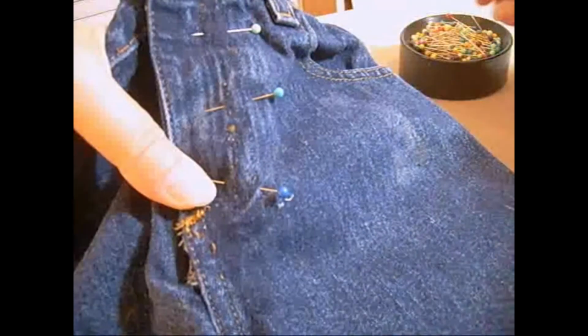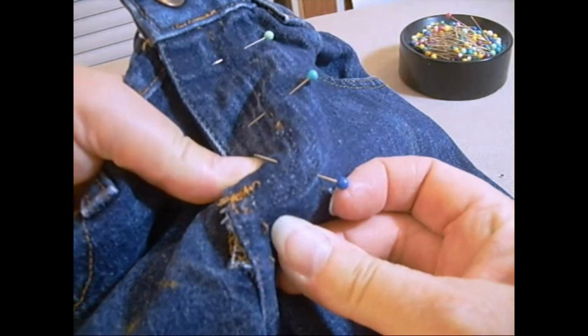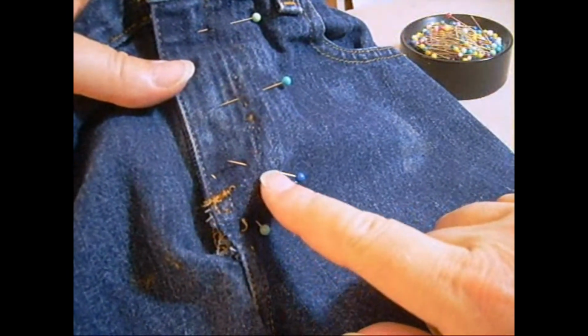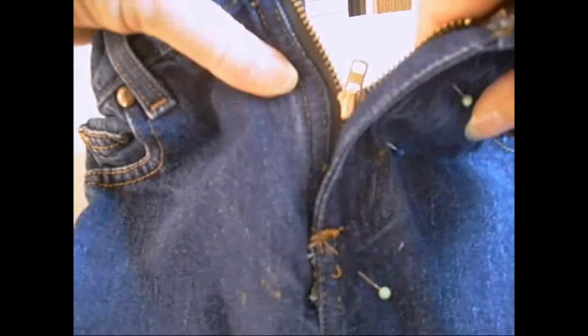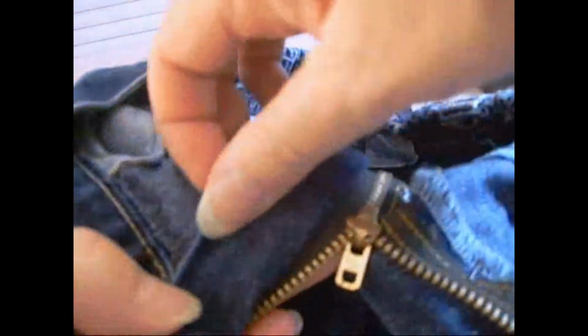Then pin all this area. And this area that I'm pinning right here is the most difficult area. We're going to be going through all thicknesses from the bottom to the top. Not only that, we must pin back this under flap entirely out of the way. One pin will probably be enough. So we now have a pin here,